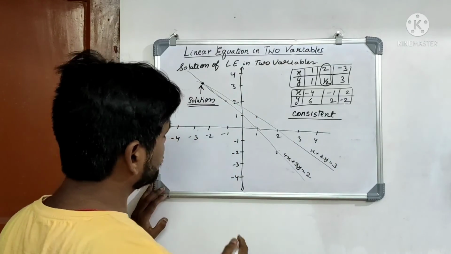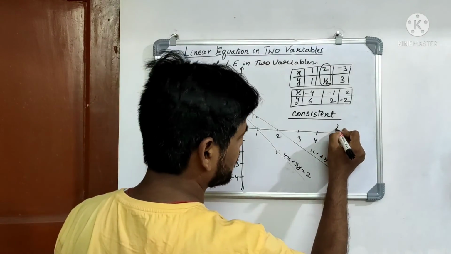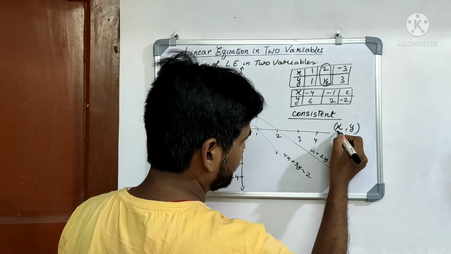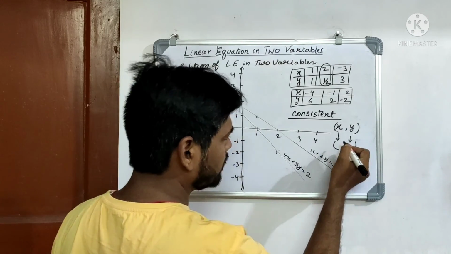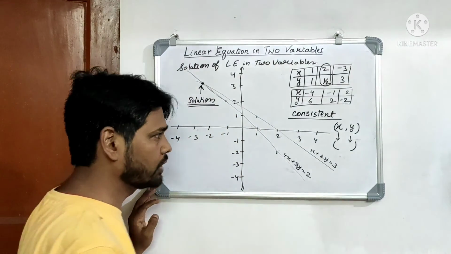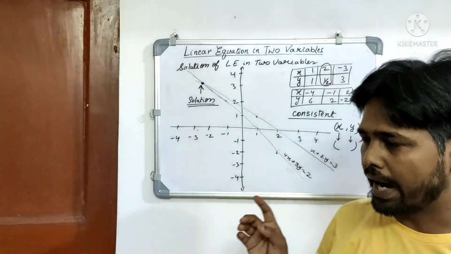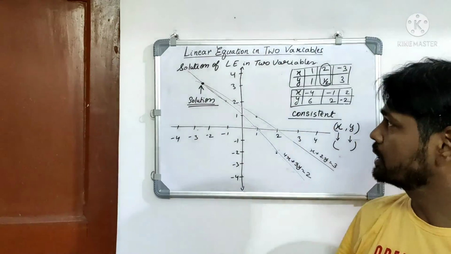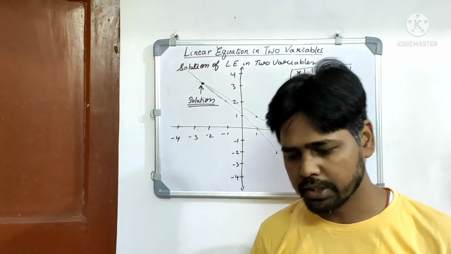On calculating this, we can easily find the value of x and y in combination, and these values will be the exact solution for the given set of equations. I hope I have tried my level best to make you understand this concept of solving linear equations in two variables graphically, and you can practice as many questions as you like.